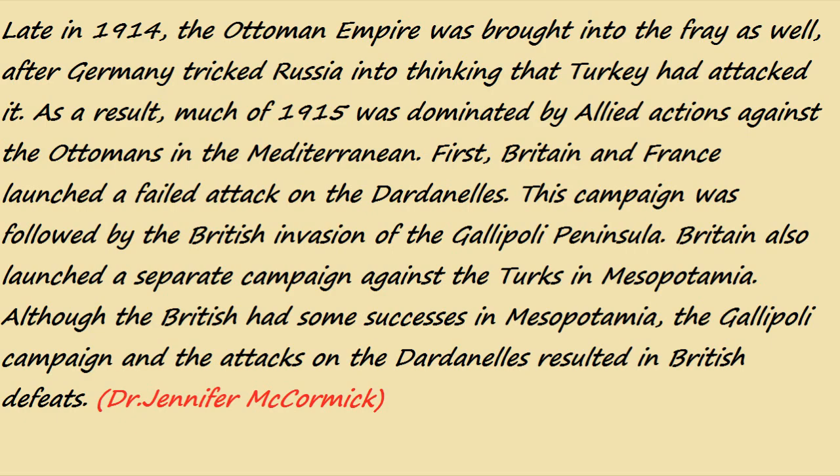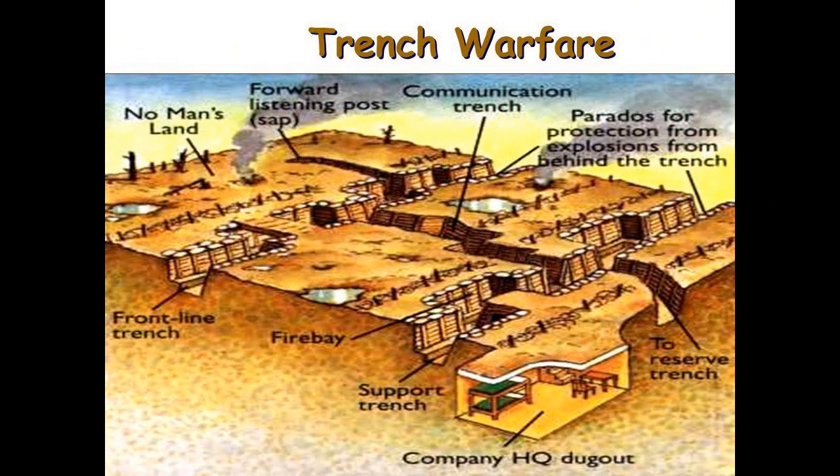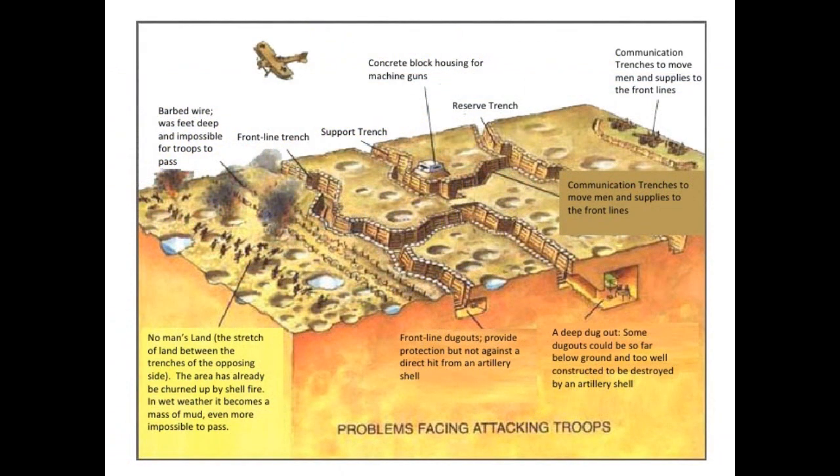So, as you can see on the screen right now, both sides built trenches. Soldiers fought from dug-in positions, shooting at each other with machine guns, heavy artillery that were in the back, of course, and chemical weapons. The land between the trenches, or the trench lines, is called the no man's land. No one should go there, otherwise they would be killed. Of course, this land is usually covered with barbed wires and landmines.